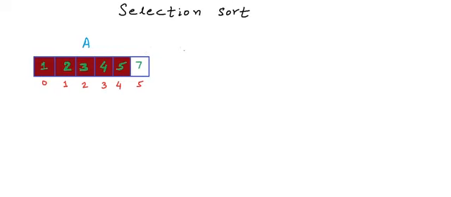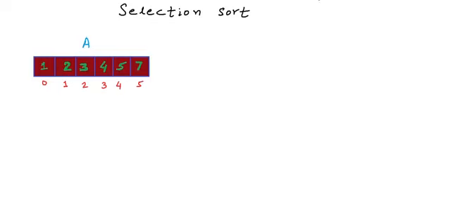If we have n elements, after n minus 1 passes we will have only one more cell left, so that anyway will be at its appropriate position. So finally our list is sorted. This particular in-place logic of selecting the minimum in each pass and putting it at its appropriate position is selection sort algorithm. Let's now quickly write pseudocode for this algorithm.